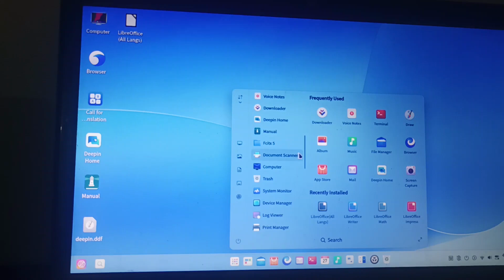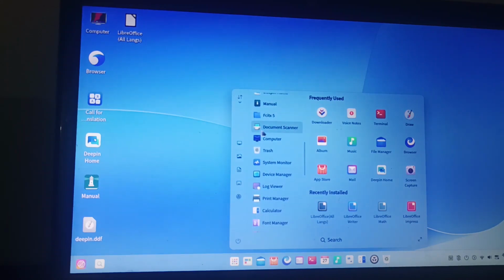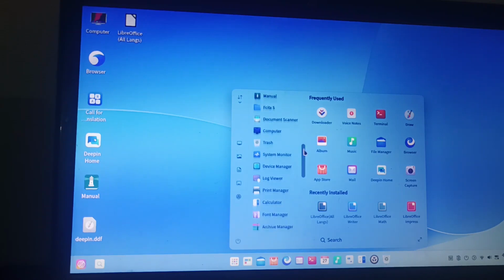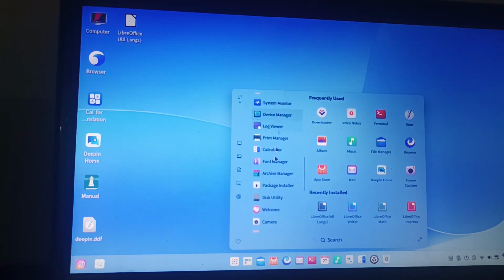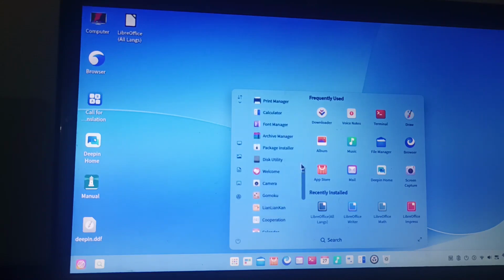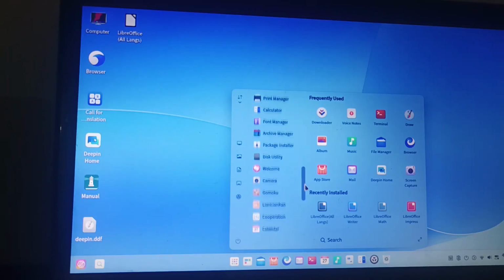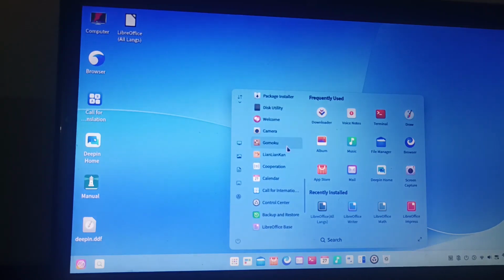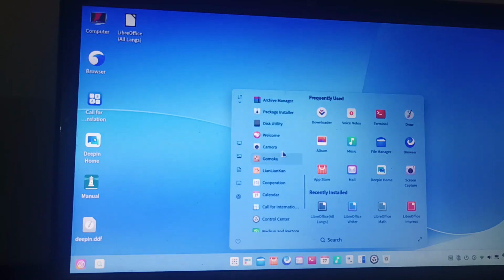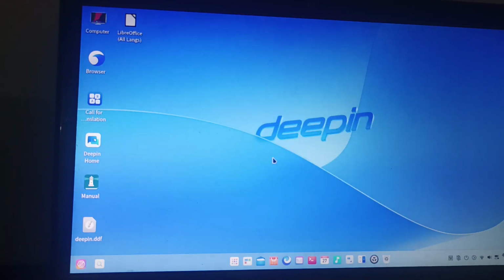Next we got fsticks. Sticks configuration. Next we got document scanner. My computer. Trash. System monitor. It's a pretty basic one. We got the similar to WinRAR. Font manager. Okay. We got a few games as well, 2 pre-installed games, Gomoku and Lian Khan. Now, let's view these games and let's do some Deepin gaming